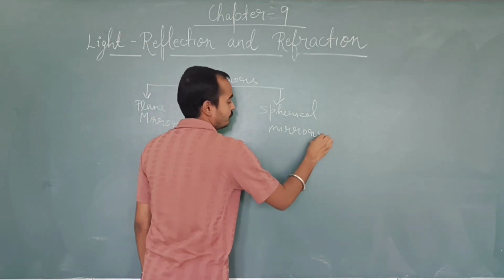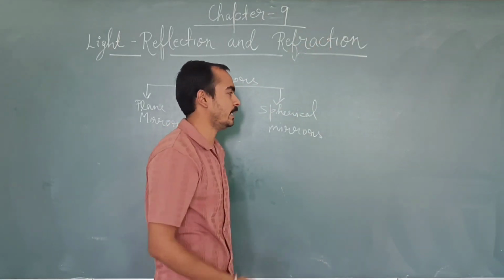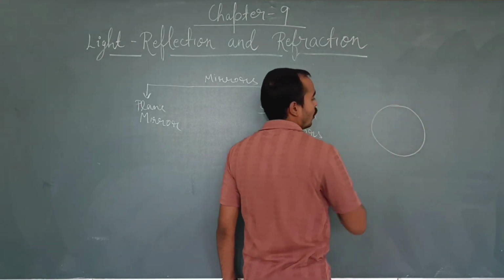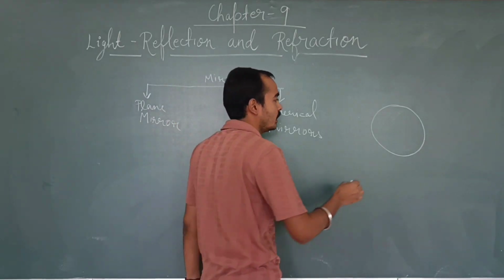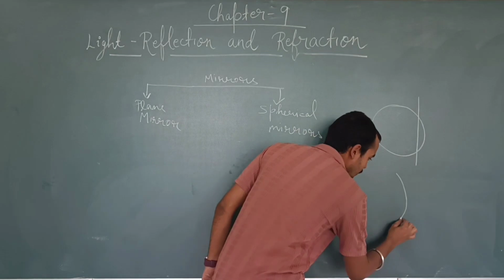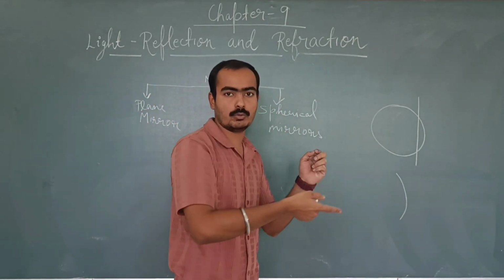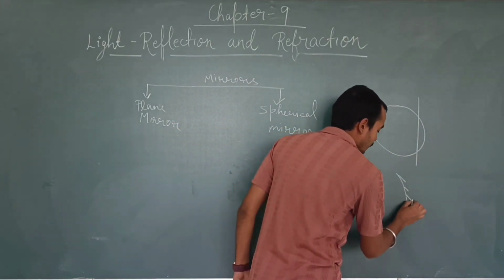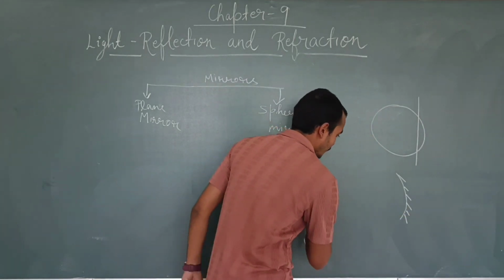What are spherical mirrors? The plane mirror is usually plane, okay, it forms in one plane. But suppose we have a football made of glass, and I cut just a part of it. Okay, so how will it look? Like this? Yes or no? It is glass, meaning light can go from one part to another. It can go through it. Okay, so if we do a process called silvering or polishing on one side, it will become a mirror,